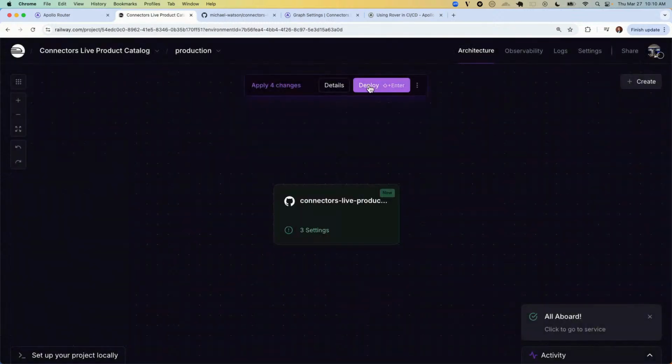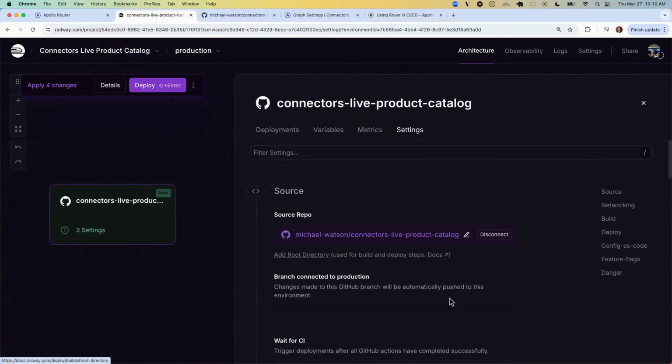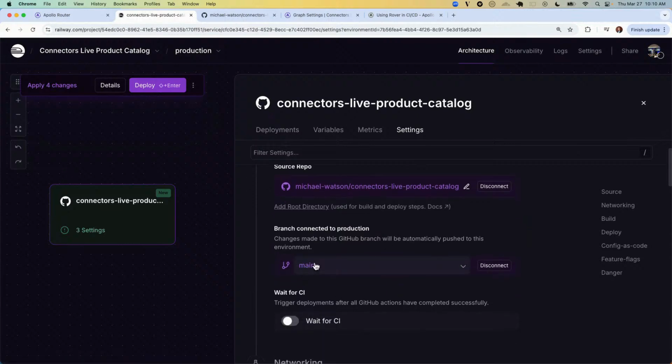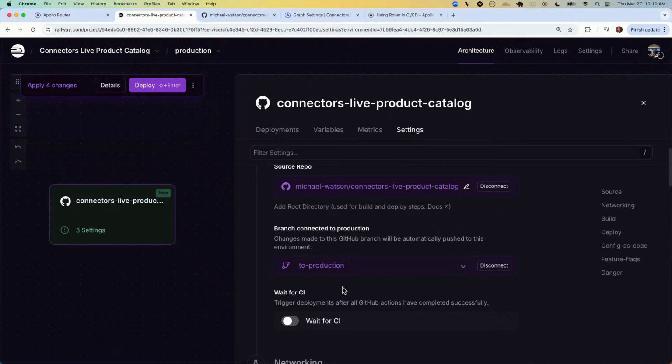And I can click this deploy, or what I like to do with Railway is actually set up a lot of my settings. So the first thing is if I come in here, I'm actually going to deploy this off of that to production branch, just so we can kind of work through this, and we'll eventually switch it over to the main branch. But as we can walk through the steps,